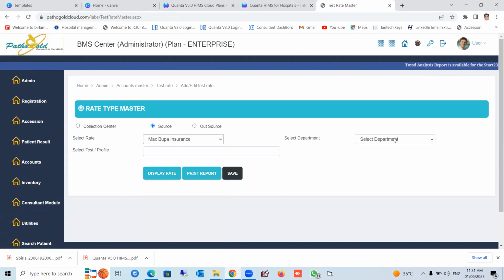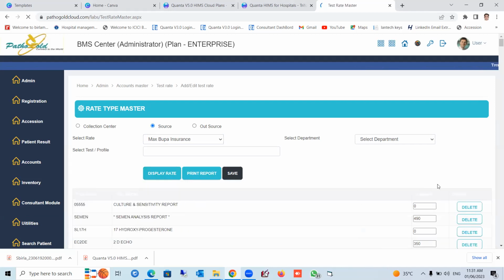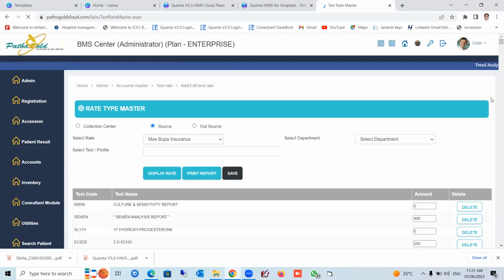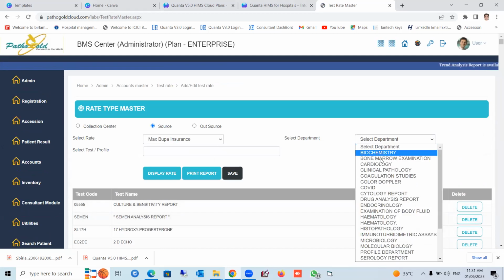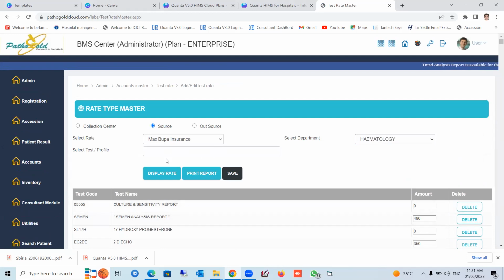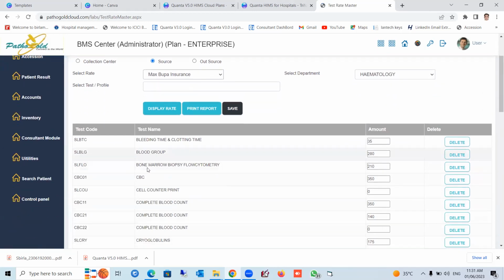If you want to go with the department, you can select the department by this, or if you want all this, you can say display rate, and it will show you all the rates. See, whatever rates are there, it will automatically come. To make it very easy, I'll just select the department called hematology and display rate, and I'll see that